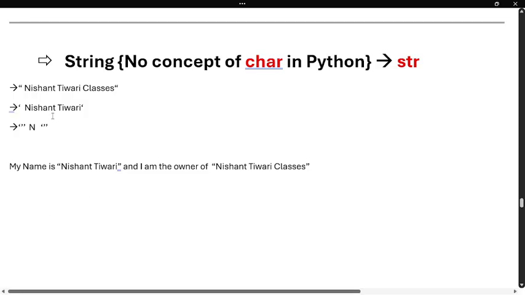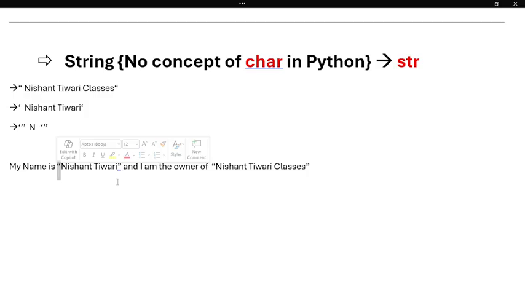We have already given three choices. Either you can go with triple quote. Already you have used double quote, so you can go with single quote, or you can go ahead with triple quote. Because if you go ahead with double quote, you have to use something called an escape character.